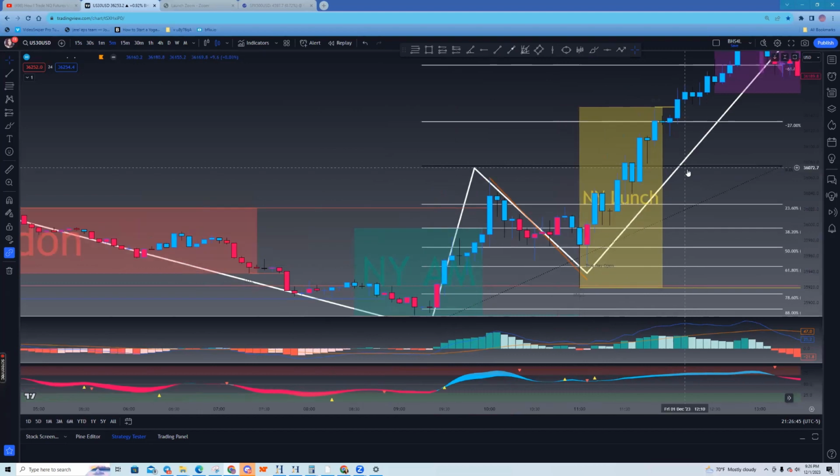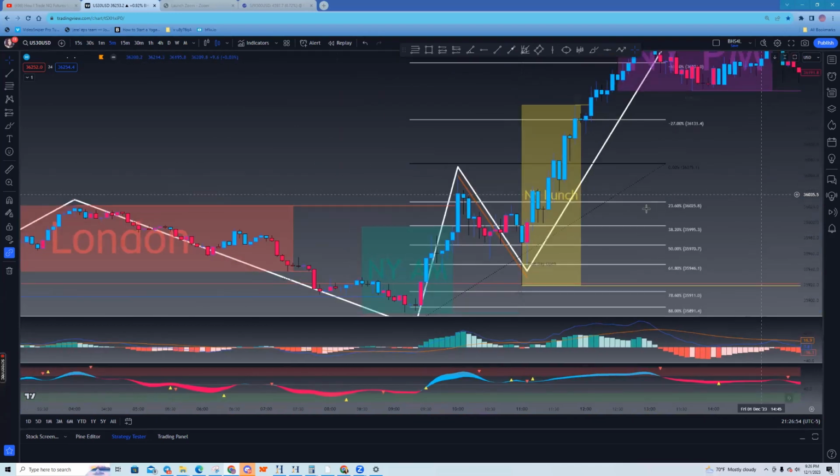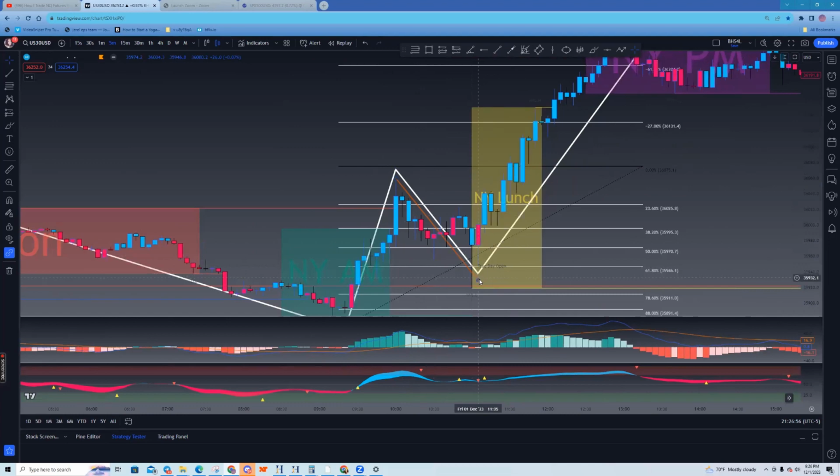And I know I got this quasi pattern kind of in the way. Just lots of stuff going on in this chart. So